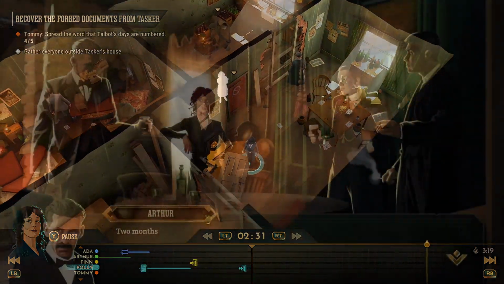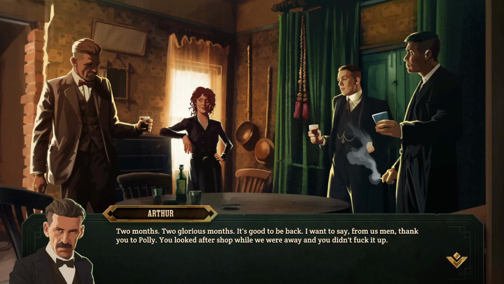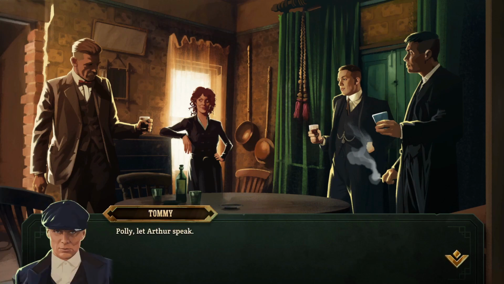Witness the rise of Tommy Shelby as the true leader of the Peaky Blinders in 20th century Birmingham. Use Tommy's prowess for planning to set up and execute complex scenarios. Take control of Tommy himself, Arthur, Polly, and many more from the hit show as they pull off one dastardly